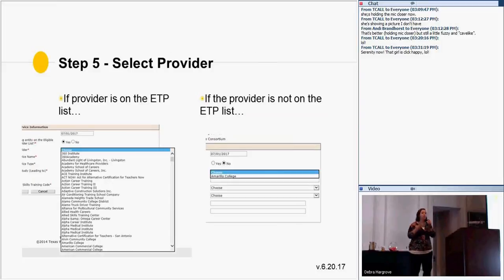So this first piece right here, related to if you pick a program that's on the ECT list, the way it's supposed to work is this drop-down list will give you the details of the ECT. So you'll see right up here, Action Career Training, well that's going to be, here we go, Alpha Career or Alpha Medical Institute. All 3 of these are different things.